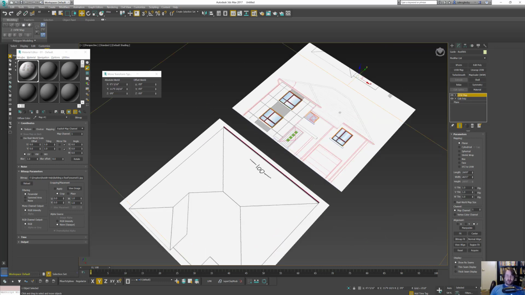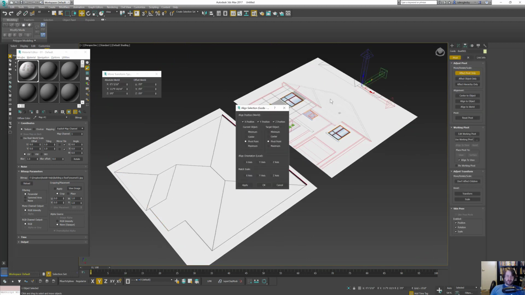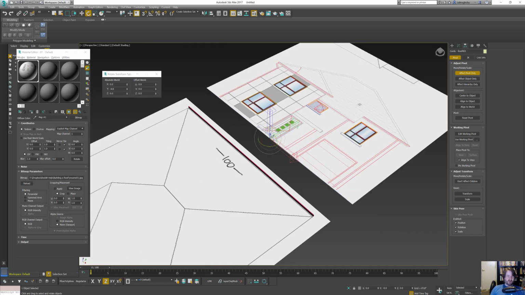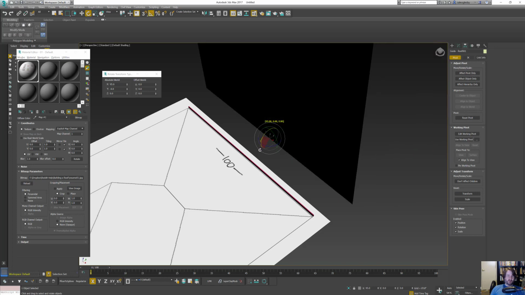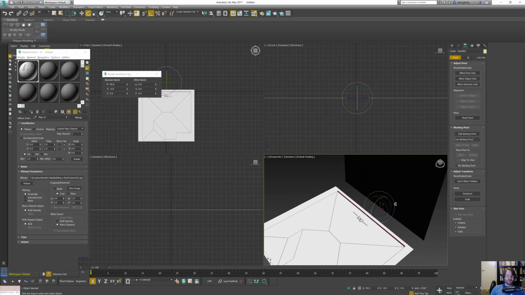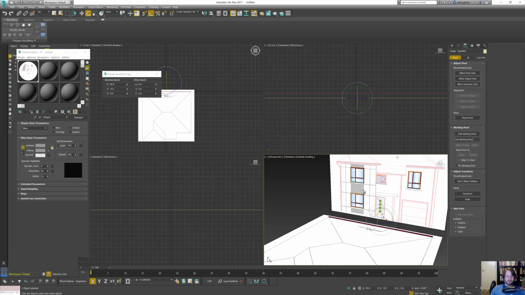Okay, so now what I'm going to do is affect the pivot, and I want the pivot to go to the, you've got the colors here. You've got Z, Y, X. I'm going to guess. There we go. Y to the minimum and hit OK, and that just moved that pivot right there. So now I can just close affect pivot only, angle 90 degrees. Awesome. Okay, so if this is annoying you and you have shading, you can just do this. Oh yeah, perfect, beautiful, wonderful,